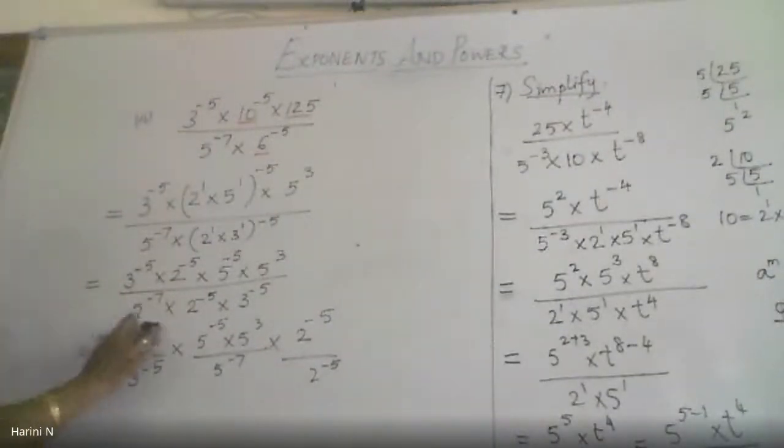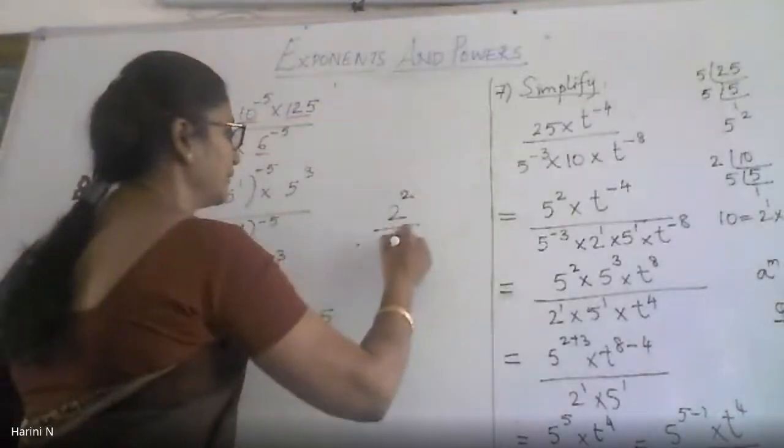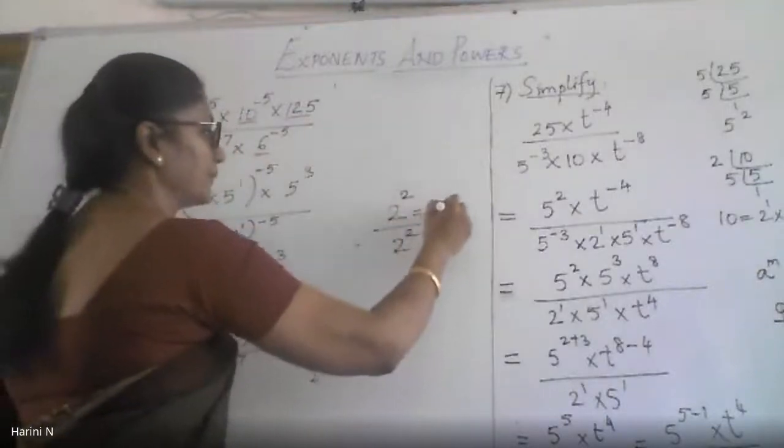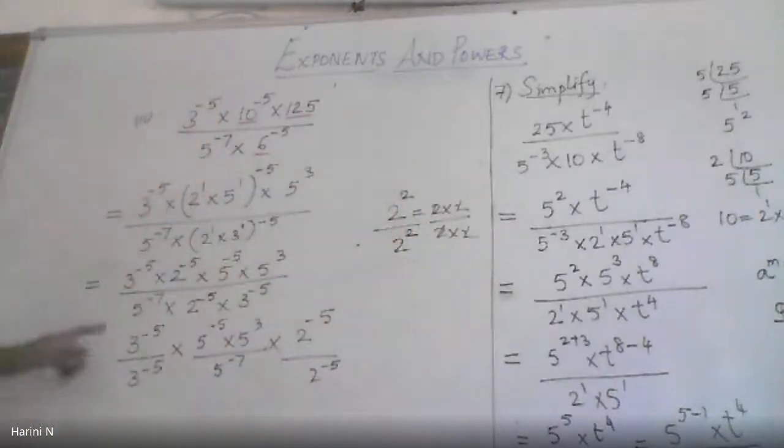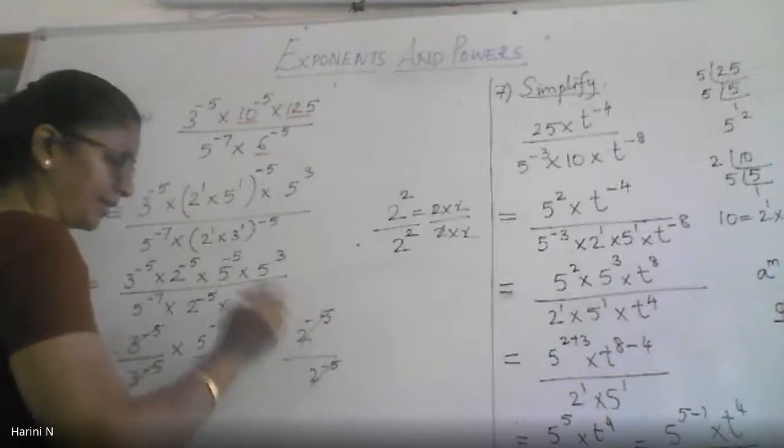This is 3 to the power negative 5 divided by 3 to the power negative 5. What do you think will happen? Both are having the same power, negative power. So that will get cancelled. How? Suppose you have 2 square divided by 2 square. Means what? It is 2 multiplied 2 times. Here also 2 multiplied 2 times. So they will all cancel and you will get a 1. So when the powers of two numbers are the same and the base is also the same, they will simply get cancelled if one is in the numerator and other is in the denominator. So this is 1. Similarly, 2 to the power negative 5 and 2 to the power negative 5 is 1.